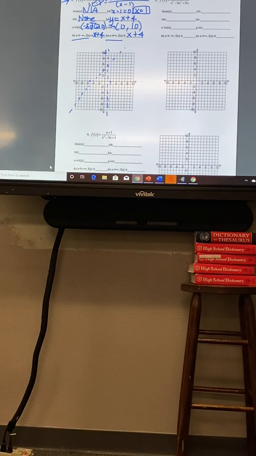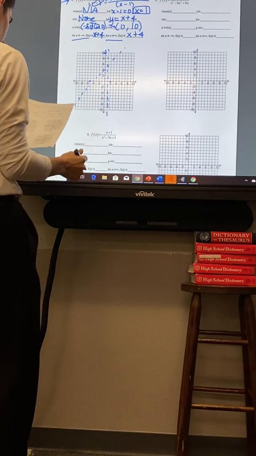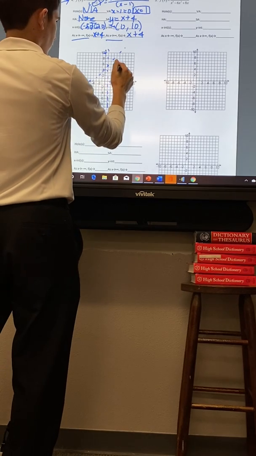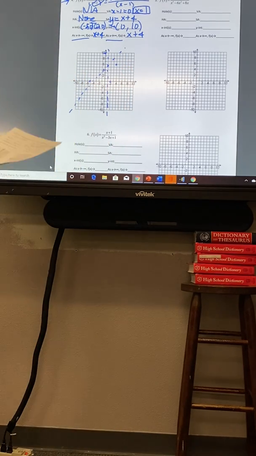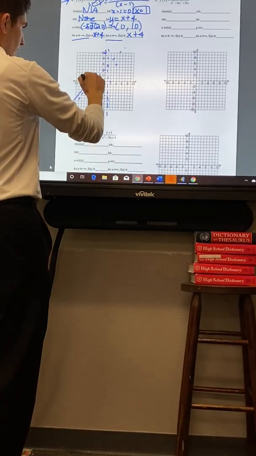And this is where I suggest you graph a couple points in your table. I put 4 in my table, and I got 4, 6. So I went ahead and put a dot there. I felt that was enough information I needed to graph, and we get that our graph